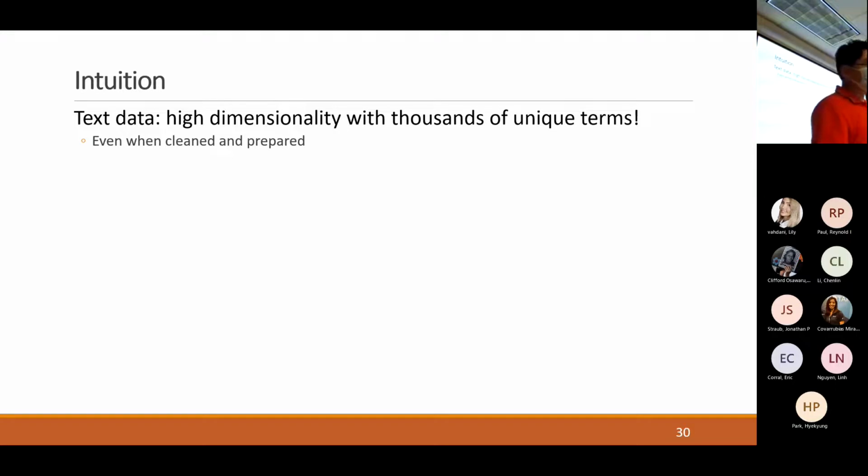And text mining is a daunting problem for early stage computer science, because it requires a change of mindset. If you were to try to use regression to model